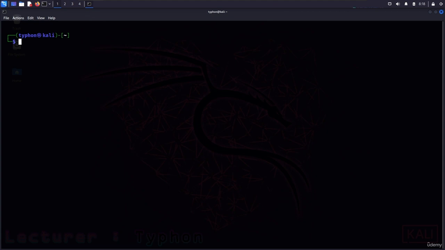Segment 1. Launching the default scan. To initiate a default scan with Nmap, all you need is the target information, which can be an IP address, hostname, or even a network range. So let's take a look at this example here. nmap